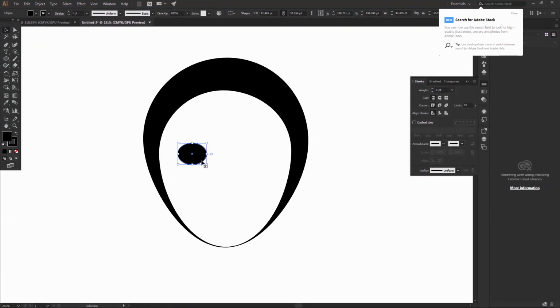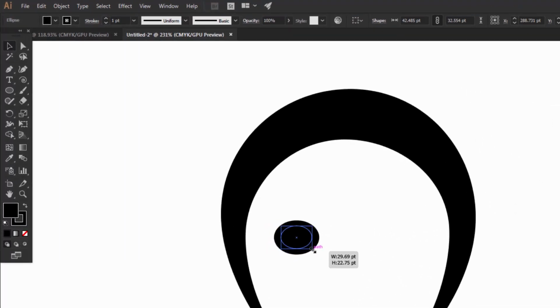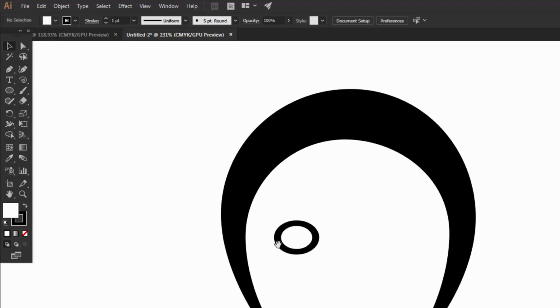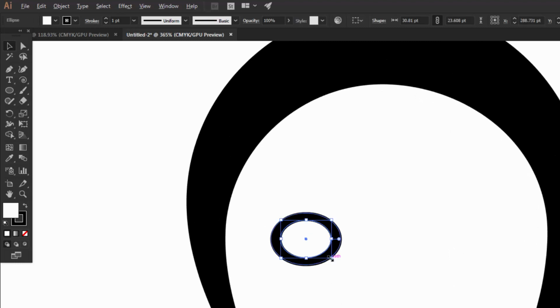Press Ctrl C and Ctrl F to create a copy, and then hold Alt and Shift key and drag towards inside. And choose its color white. Click on this, make it a little bit smaller.